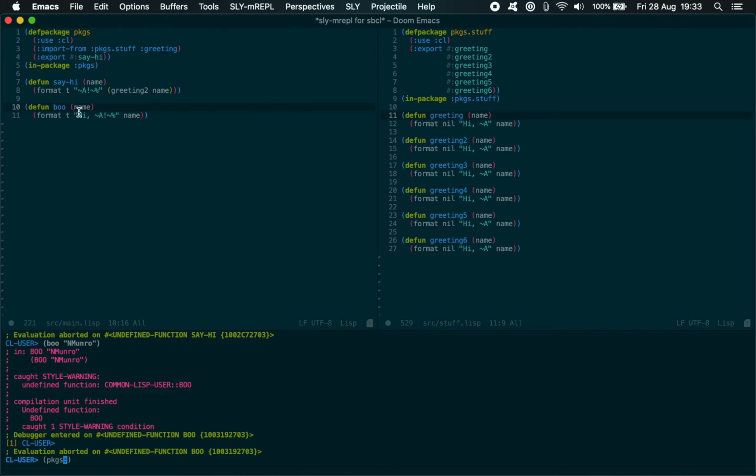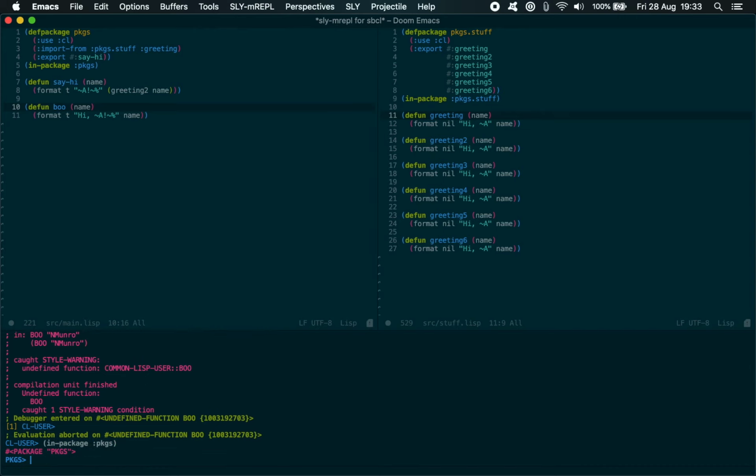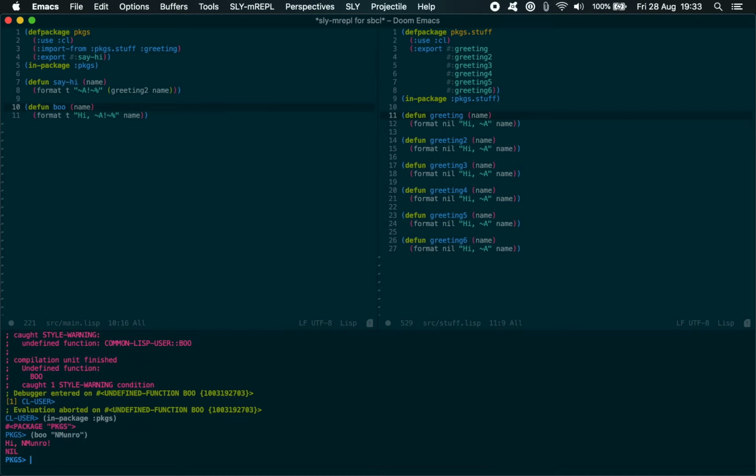It must be evaluating it in the context of the package. So let's actually switch into the package. Yeah, there we go. So when we write a function and evaluate it while we're using packages,